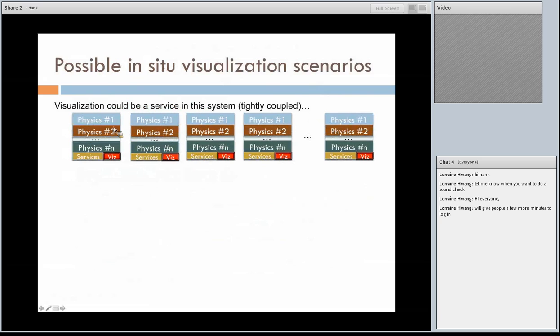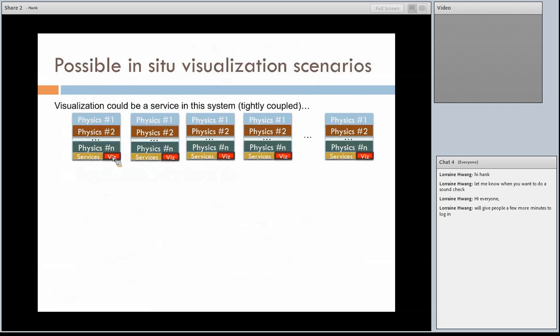And so one method would be what could be called tightly coupled in situ, where there's a simulation code. Each one of these squares is a compute node on the exascale machine that's running many different physics packages and also running various services, one of which could be Viz. And so it could be that the Viz and analysis routines are compiled into the simulation code, and the simulation code advances and it's having the visualization